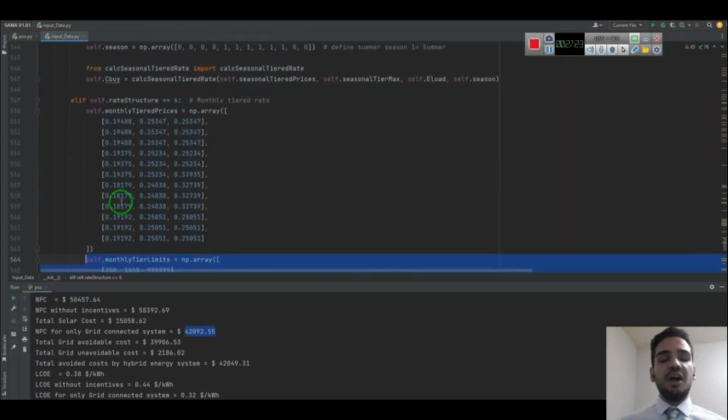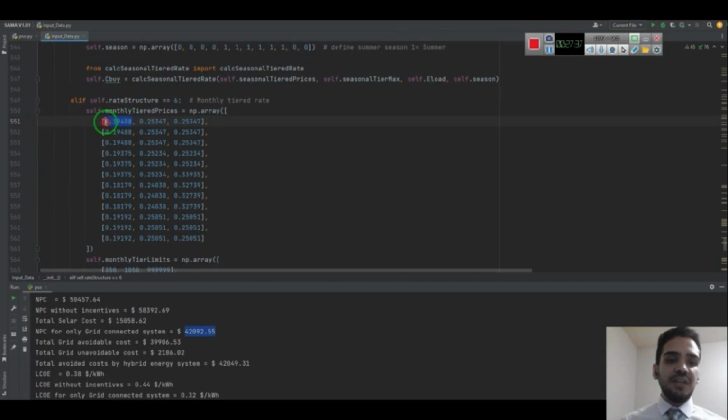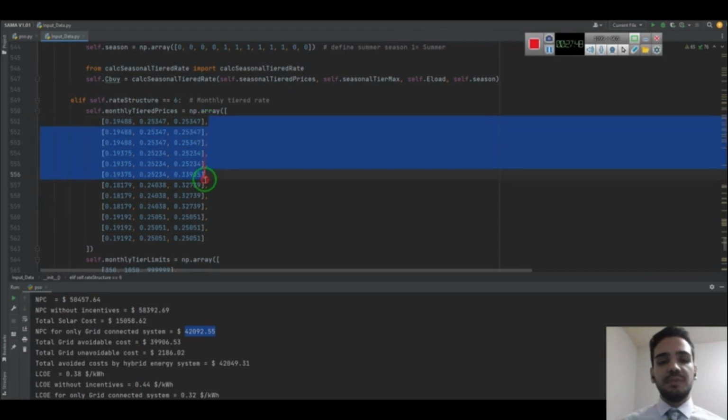As you see, there are 12 rows here, each row representing a month. For example, the first row represents January, and each value represents a tier price. This is the first tier price for January, this is the second tier price, and this is the third tier for January. Similarly, we have it for the other months.